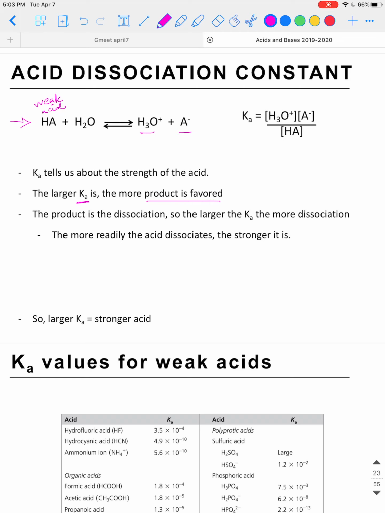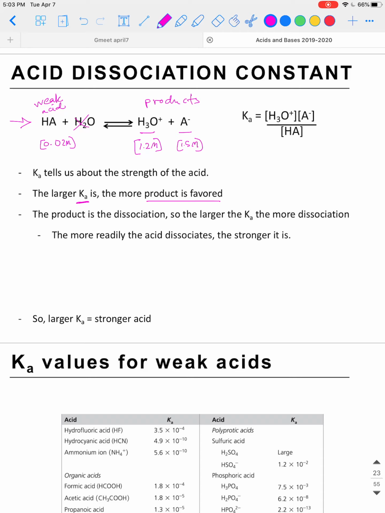So, for example, after all this dissociates and we reach equilibrium, if we have a concentration of like 0.02 molar here, and remember, we're not including the concentration of water, and let's say we have larger concentrations for our products, like 1.2 molar and 1.5 molar over here. If we have more dissociation, and what that means is at equilibrium we have a higher concentration of our products,